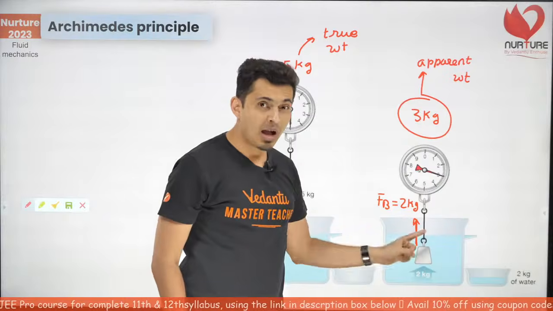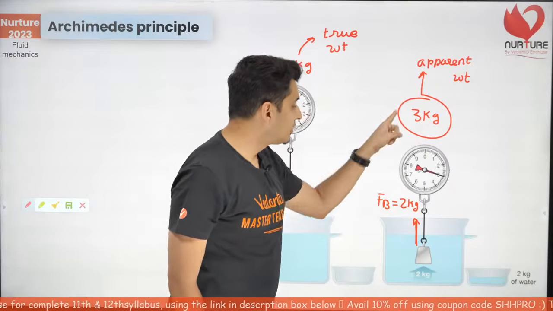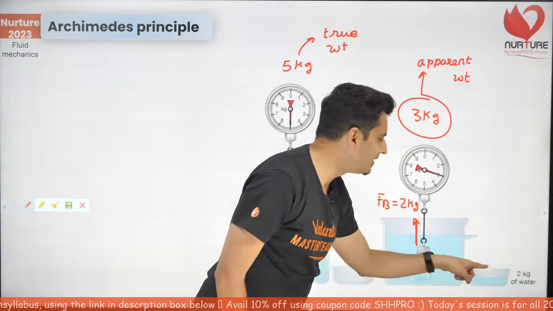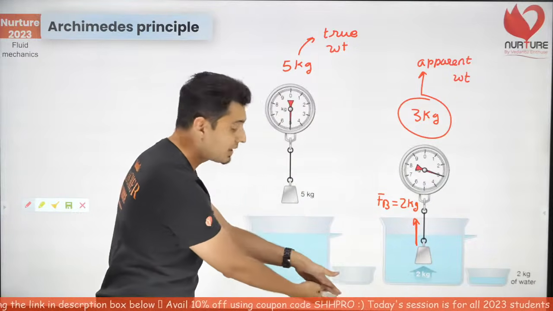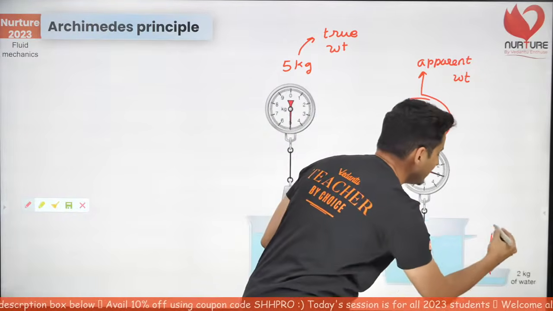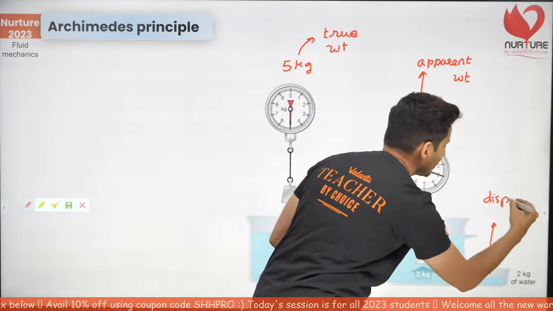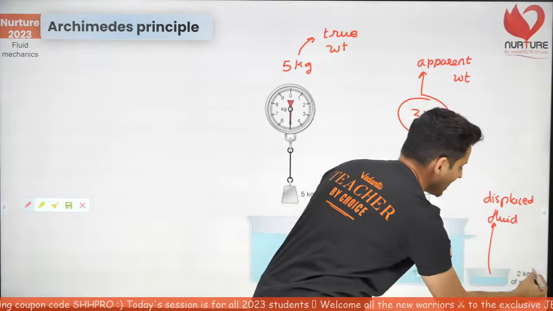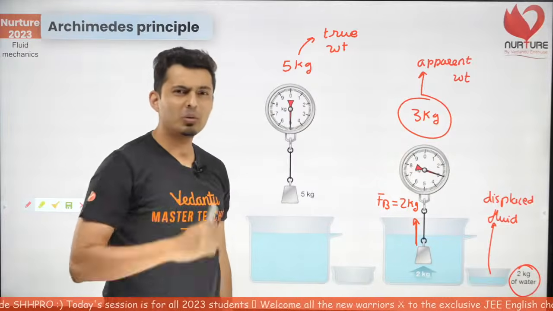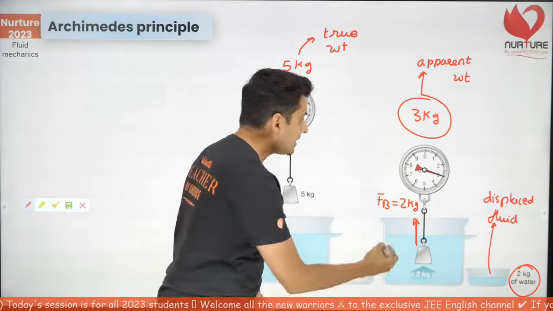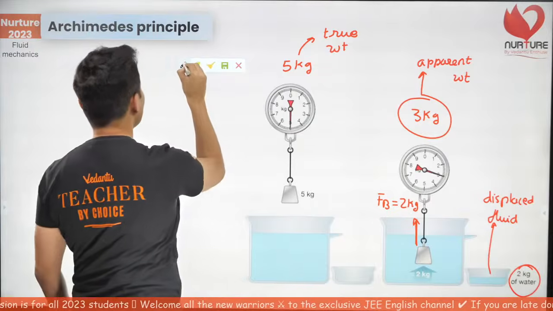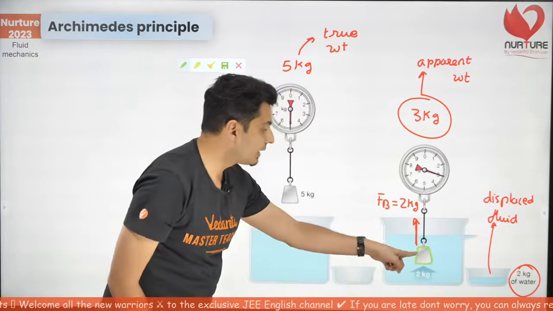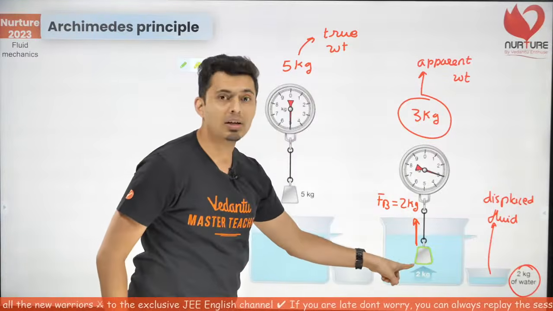Number 2, I also want you to realize the 2 kg difference will also be equal to the weight of the liquid here. Remember, there will be some liquid which will be displaced. This is your displaced fluid. If somebody measures that, that will also be 2 kg. Why is it 2 kg? Because think what has happened in this particular volume. You had water, but now that water has been thrown out and a solid has come.